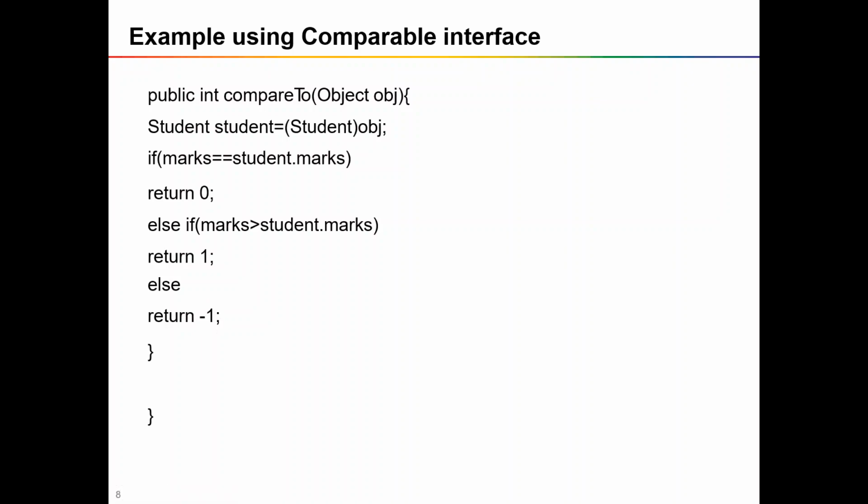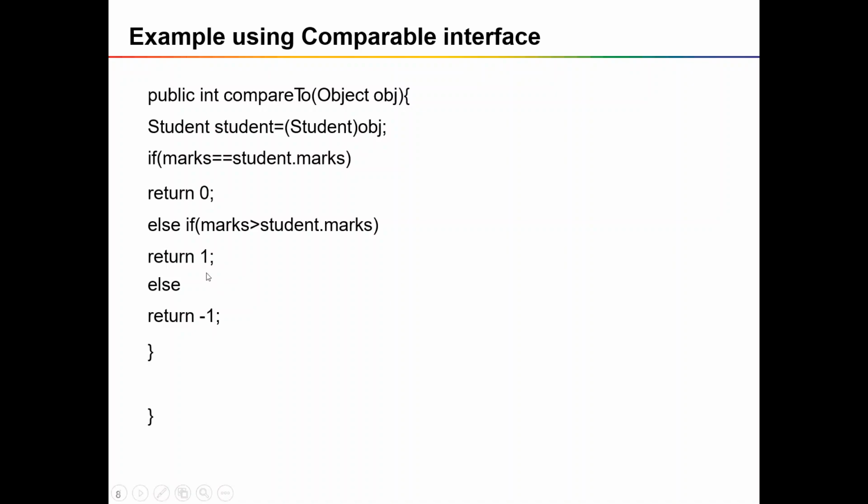If the return value is 1, in the sense that the already existing value is greater than the present value, right? So in these two cases, return 1 and return -1, sorting will happen to rearrange the Student objects inside your TreeSet. But in case of return 0, no sorting will happen, right? So return 0, return 1, return -1, for any logic it is going to be the same.